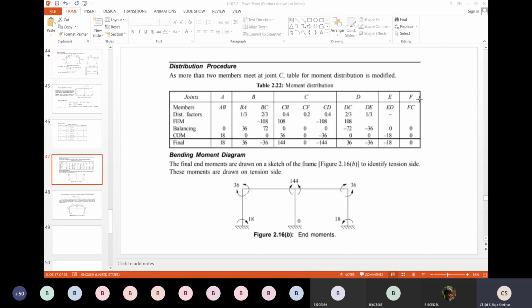This is the variation of the end moment diagram. And at joint F, the moment is 0. No need to draw anything here. Now there is also load acting on the members BC and CD, with an intensity of 36 kilonewton per meter. For this, we need to calculate the positive bending moment. So this is a variation of the positive bending moment.